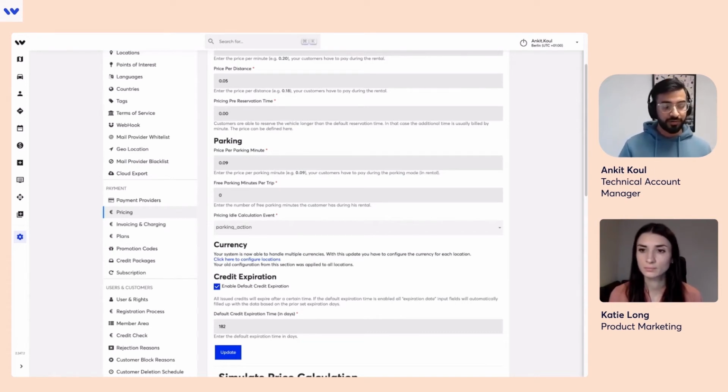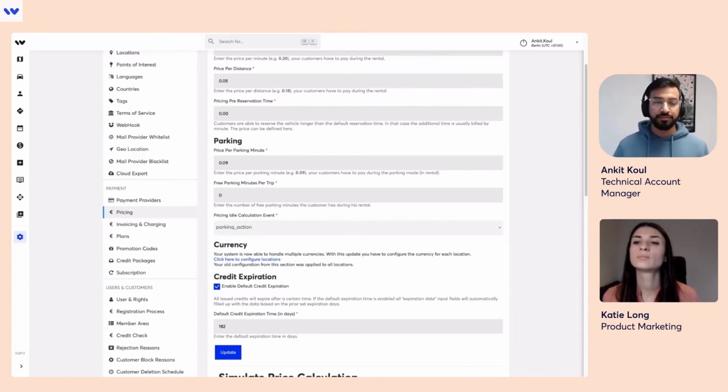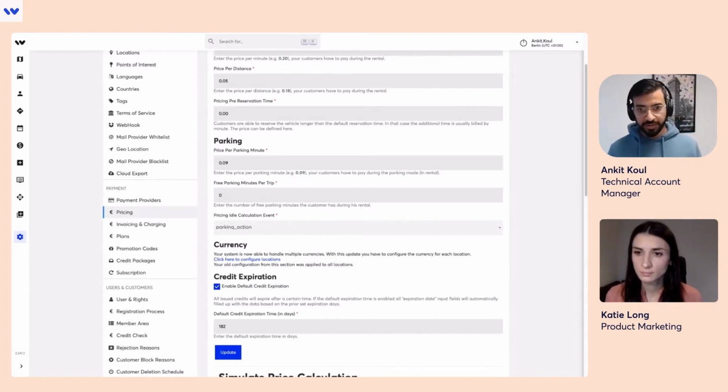And once you move from 10 to 30 minutes, I can set up a price of, let's say, €5. And then from 30 to 60 minutes, I can set up a price of €6, and so on. So this can enable different options for our customers. And apart from this, we also have other dynamic parameters like hourly pricing.